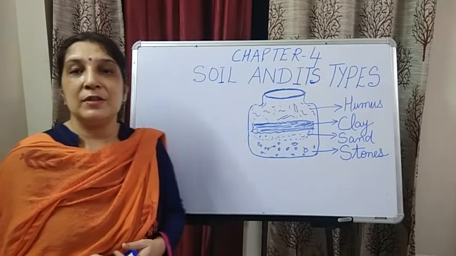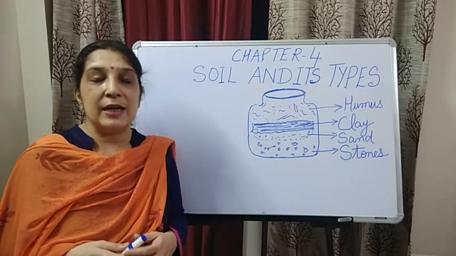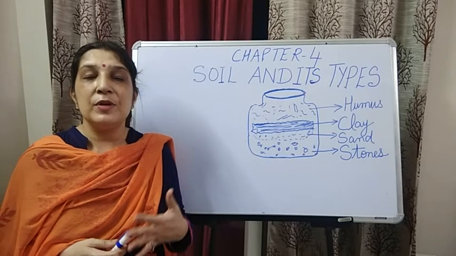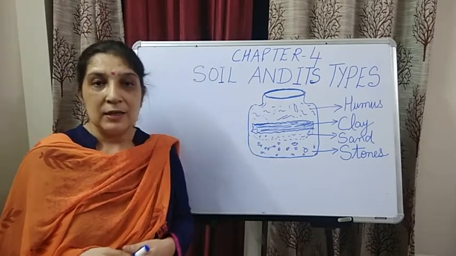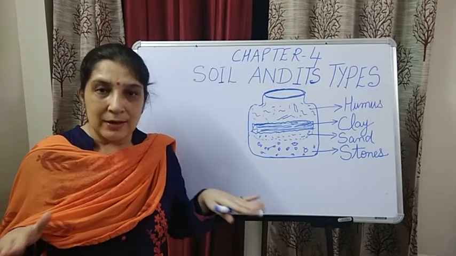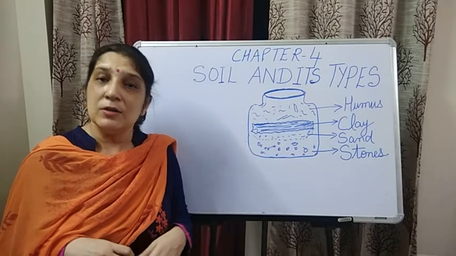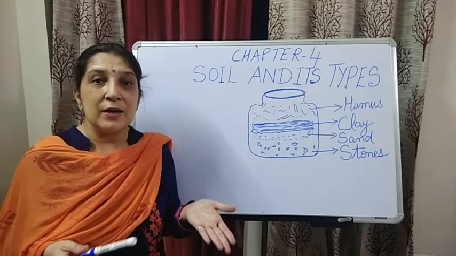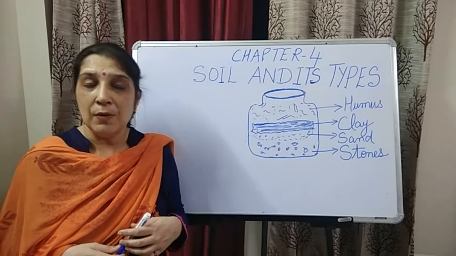Before we begin with today's video, I would just like to have a quick recap of what we discussed in the last video. In the last video, we discussed what is the meaning of soil. What is soil? Children, the topmost layer of the earth, on which the plants grow, is called soil. It is impossible that plants can grow without soil. So soil is very essential for the plants to grow.